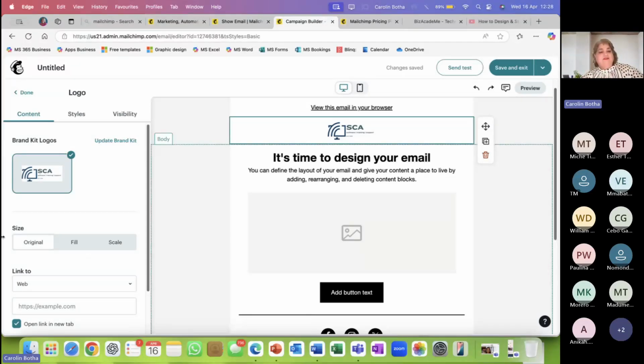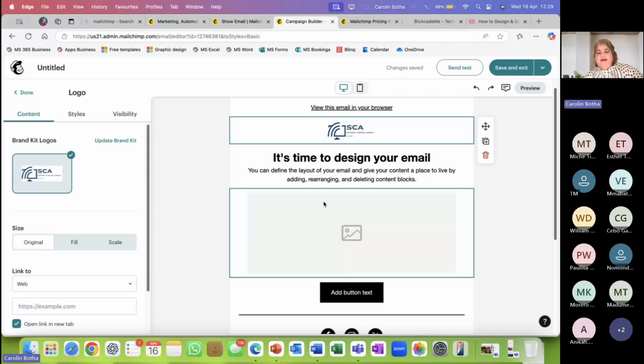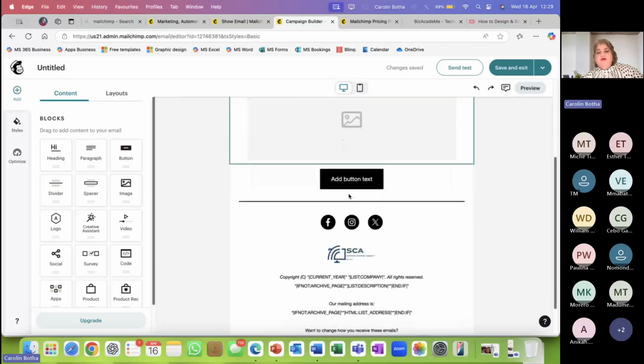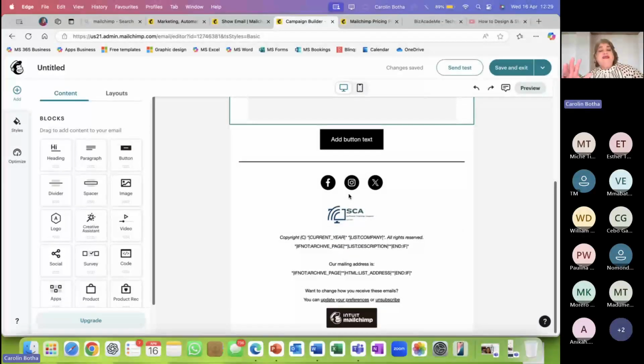So it even caters for that where you can upload your logo, but I'll even show you how to do that. So these are all the building blocks on the right-hand side, and on the left-hand side are the building blocks that you can choose from. These building blocks are part of this particular design that we have.